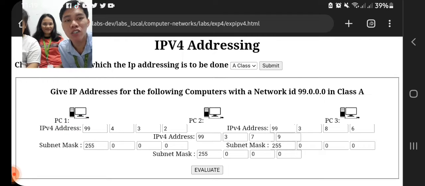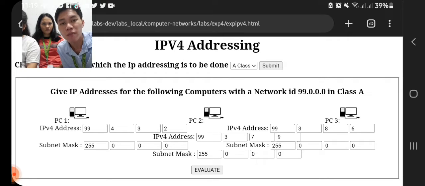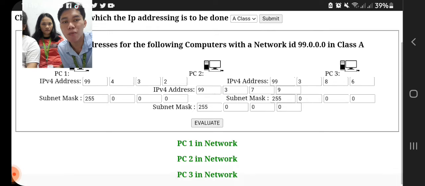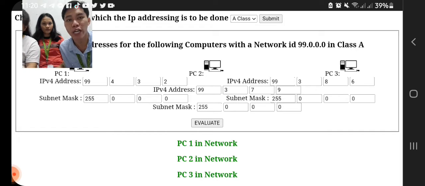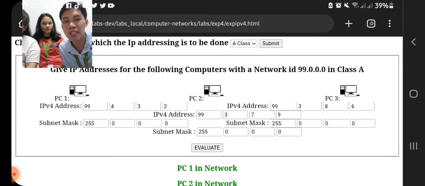Then, kung mahuman na ko dyan, pag fill up sa ija IP address and sa ija subnet mask, imo na i-evaluate whether kung correct ba siya or not. So, click evaluate. So, maunad to, di ba? Diyan nakabutang sa ubos, PC1 in network, PC2 in network, PC3 in network. So, pasabot dyan, connected siya. Sakto ang ato